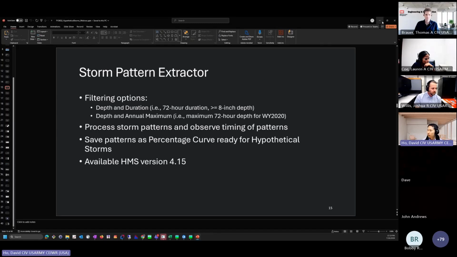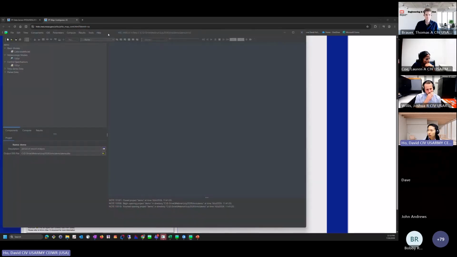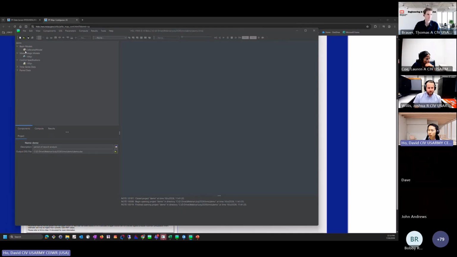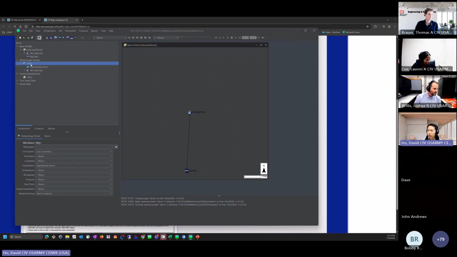Okay, with that, I'm going to move to doing a quick demo on the storm pattern extractor. Here I have a watershed that is the San Lorenzo watershed located in Santa Cruz, California. It is currently nighttime here. I have the meteorologic model set to hypothetical storms, and I'm going to try and model the 100-year storm. Here with the hypothetical storm method, we have all these different parameters we just set, and we